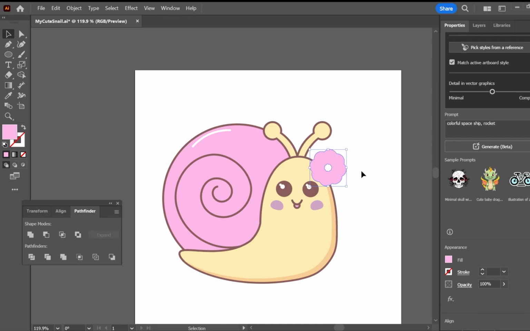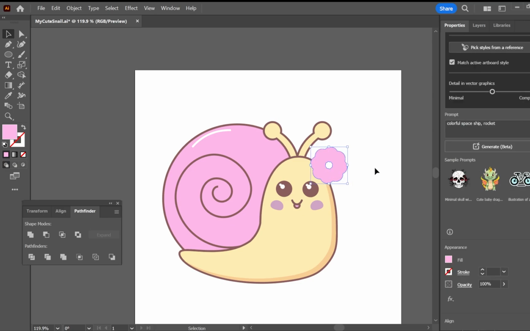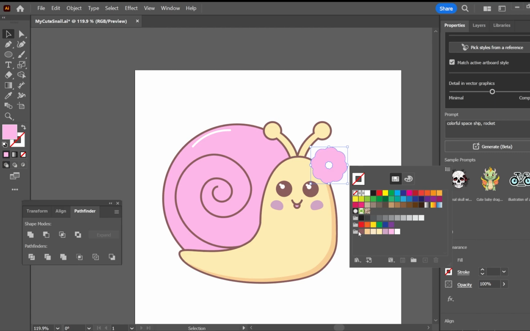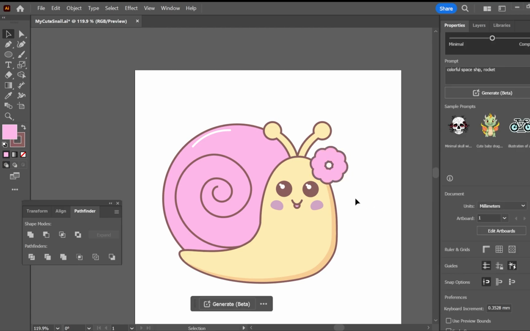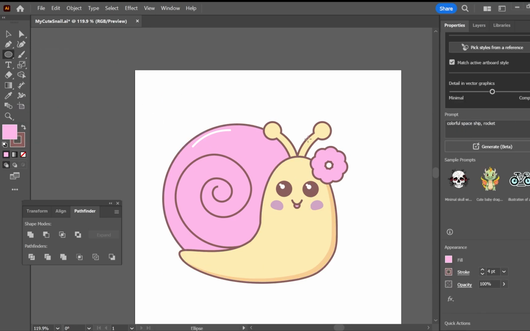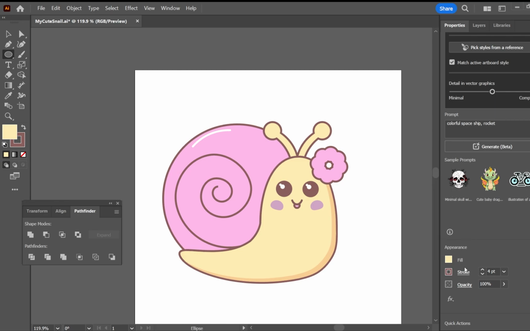And now you can add your stroke to the outside of that whole object, keeping that consistent 4 points. We can repeat the same process again for the inside of the flower. I'm going to use a yellowy colour this time. No stroke.